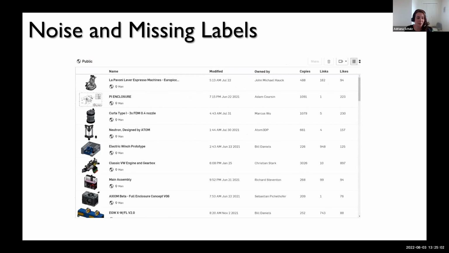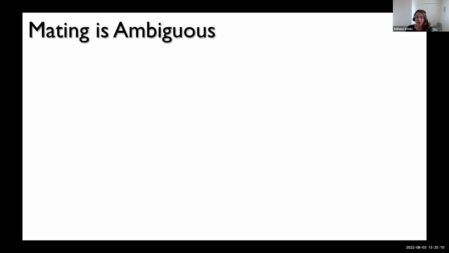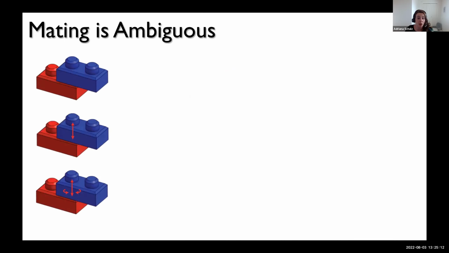There's a lot of missing labels if you look at Onshape's public data set, right? And not only that, we have a lot of problems that are ambiguous, like the mating problem that we mentioned, right? This is an ambiguous problem to begin with, right? So I think one area that we need to work together to solve is how can we work with these collections, and what's the right trade-offs about understanding ambiguities and our engineering insights and data-driven methods, so we can actually leverage these collections in good ways to solve real-world problems.